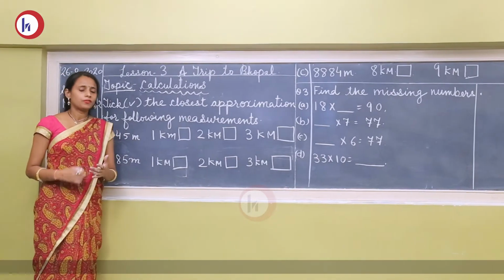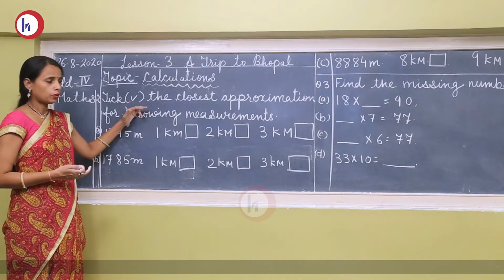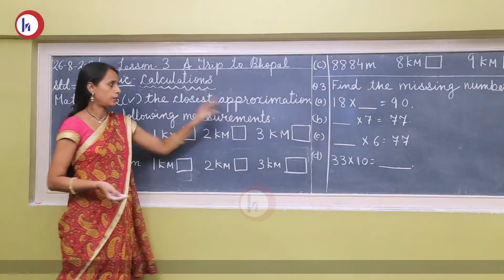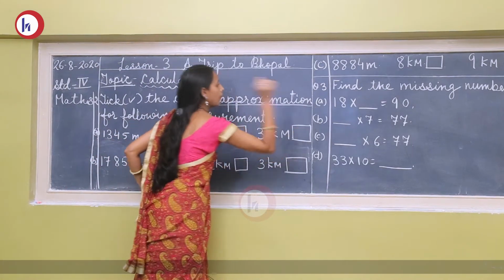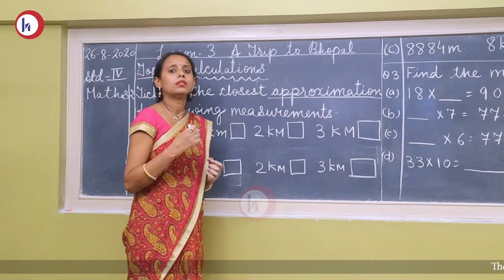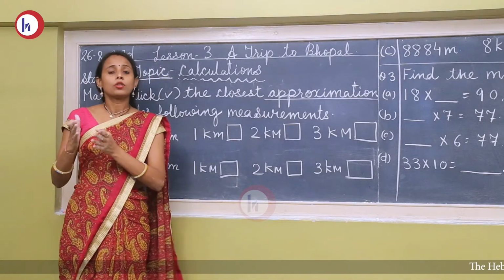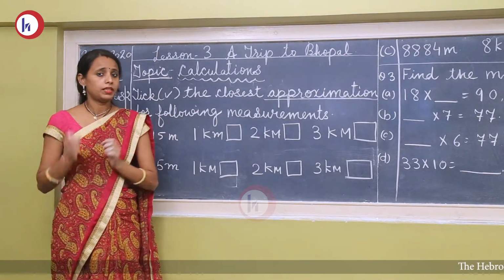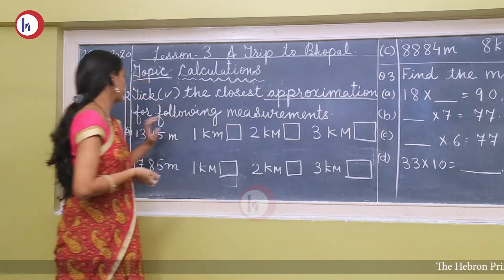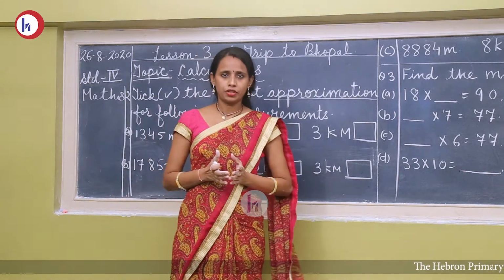After completing the topic of estimation, we have to start a new topic. It is approximation. Take the closest approximation. Now we should know what approximation is. It is the same as estimation. Approximation is the way of finding a number which is nearly the exact number. It is not the exact number, it is close to the exact number. See, the rules of approximation are the same as estimation.